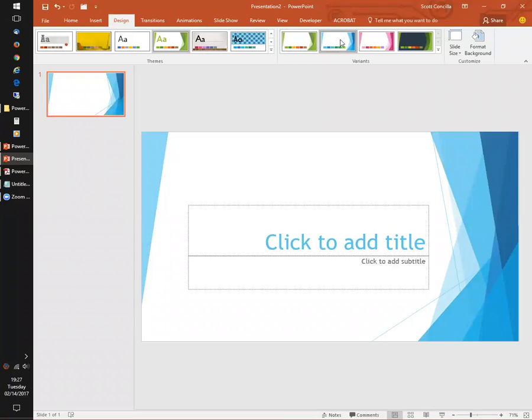Now, another thing you need to note about PowerPoint that they've added support for since Office 2013 is support for different size monitors. You'll notice right now my slide is being displayed as a widescreen slide. You can change this in Office. There's a button here that says slide size on the design tab. You can switch between a 4:3 and a 16:9.